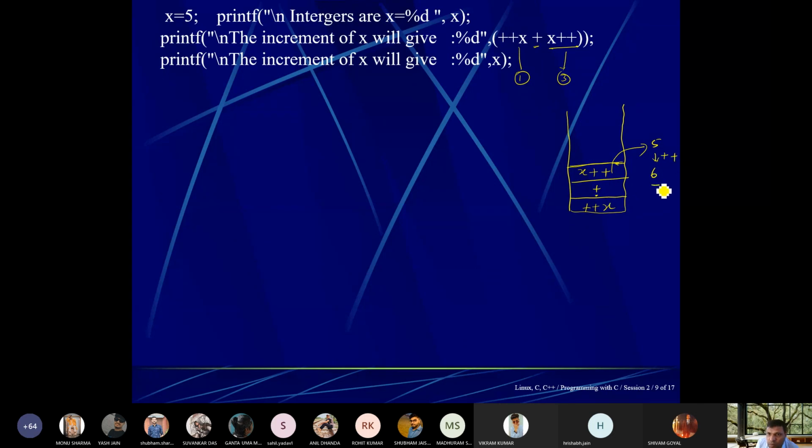After that plus will come, then plus x will come, so x value is 6, and now plus x value will be how much? 7, because it will be incremented first. So now the answer is 13. Agree or not?